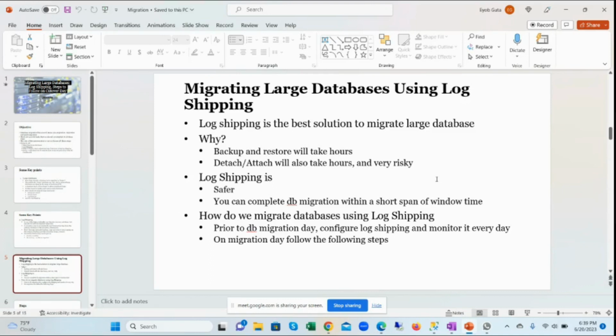I monitored it every day. I was checking that all the jobs on the primary and also on the secondary, the backup, restore and copy jobs, were running without any problem. Everything went fine. Now, this is what I specifically wanted to share with you: what I did on migration day and how log shipping helped me finish quickly. This is a step that